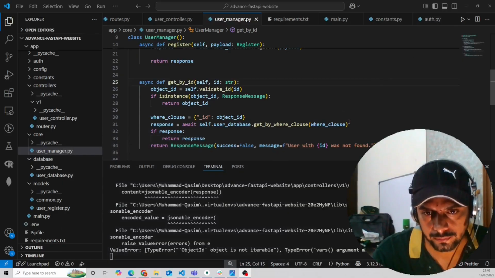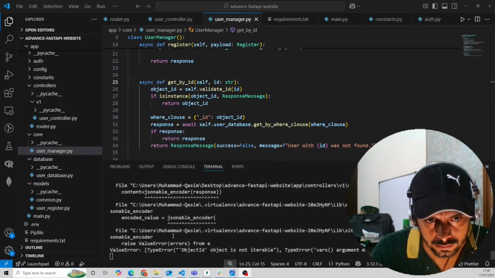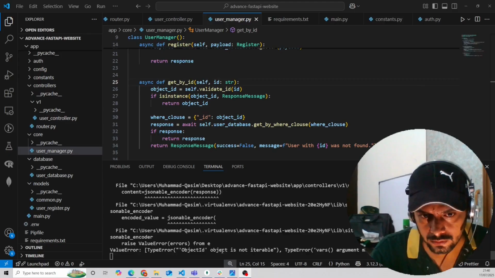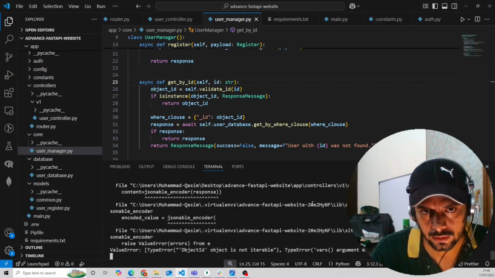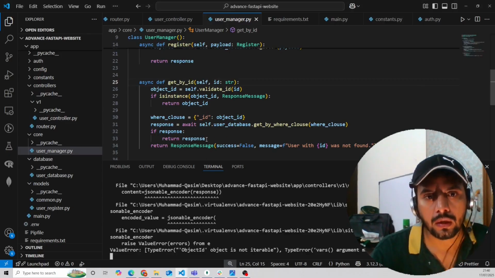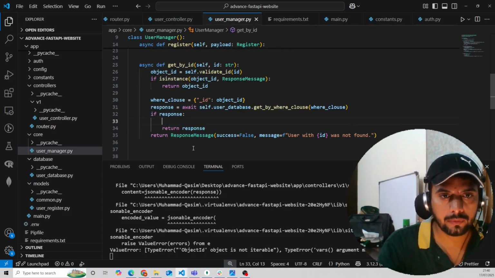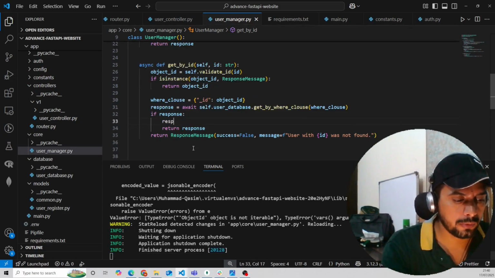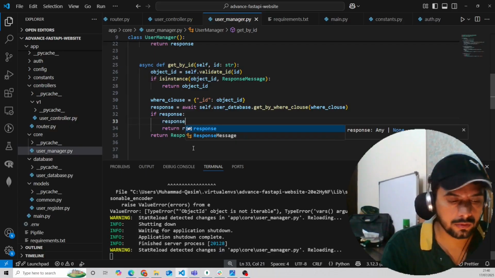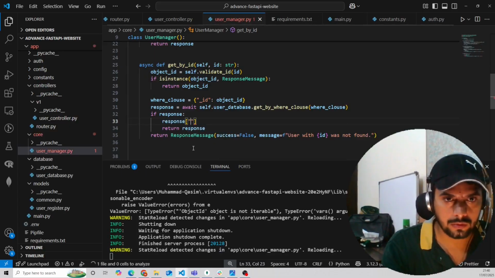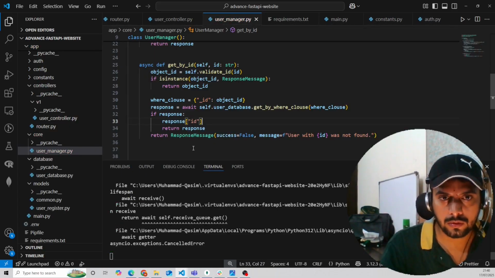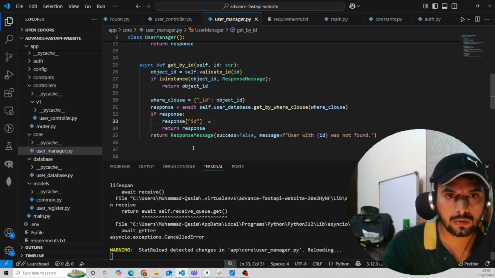Let's check the error. Object id is not iterable. The id which we are getting from here, response id equal to